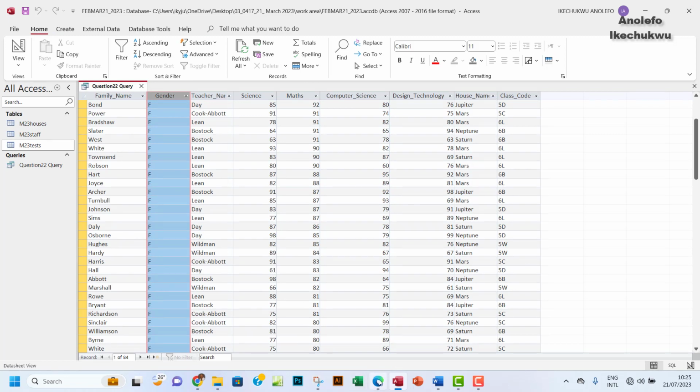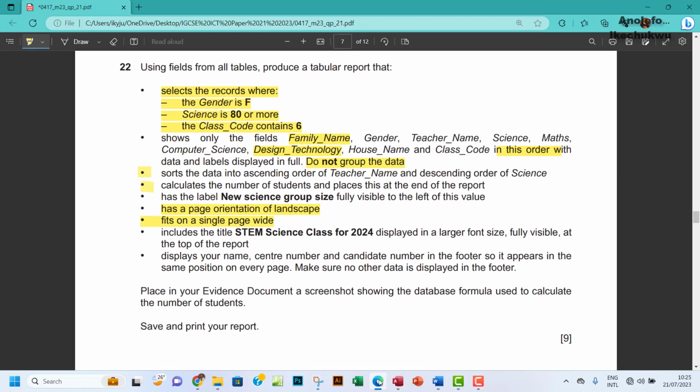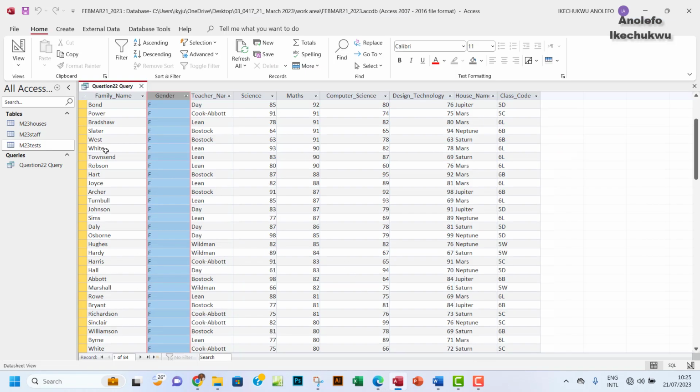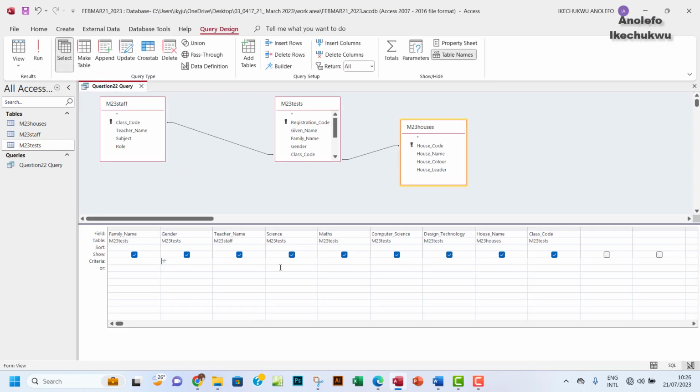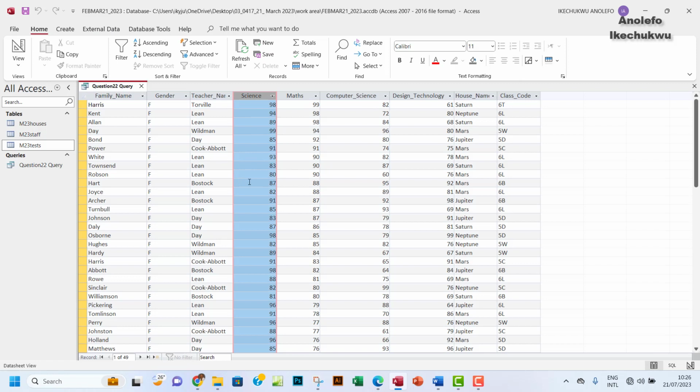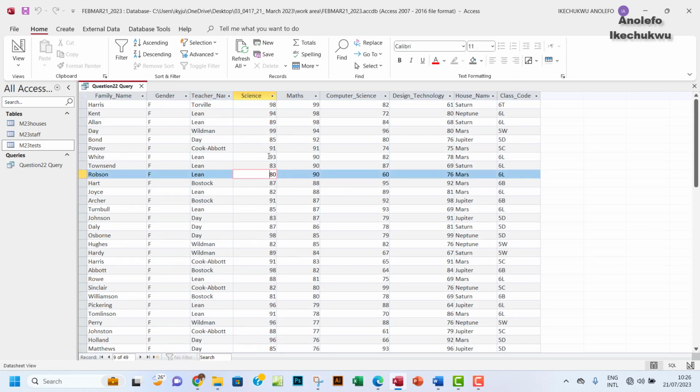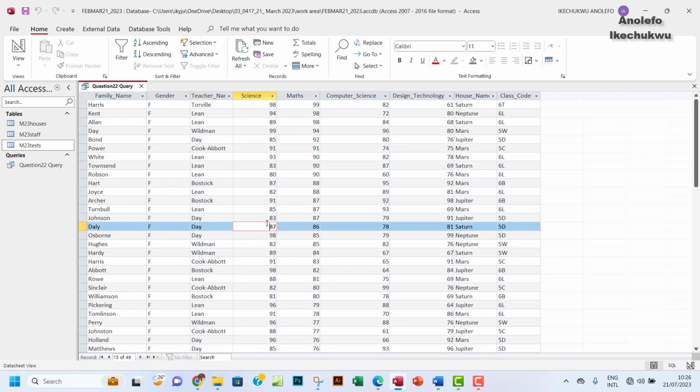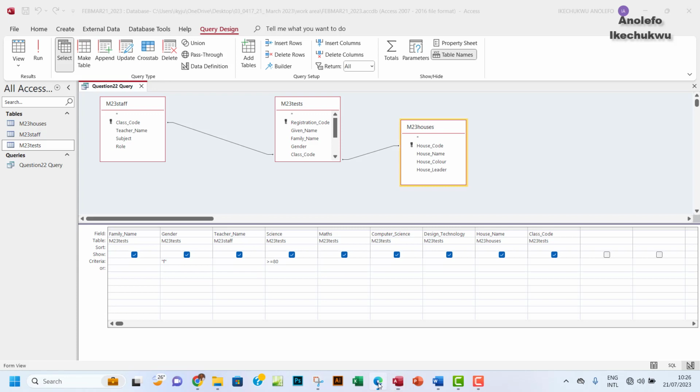Good. And then the next one is where science is 80 or more, which is greater than or equals to 80, right? So we'll go back. Science is greater than or equals to 80. You want to run that to be sure that everything works perfectly. So it's greater than or equals to 80 here. So there's 80 here, and then any other value greater than 80 is also included in this, right? So let's go back again and see the next